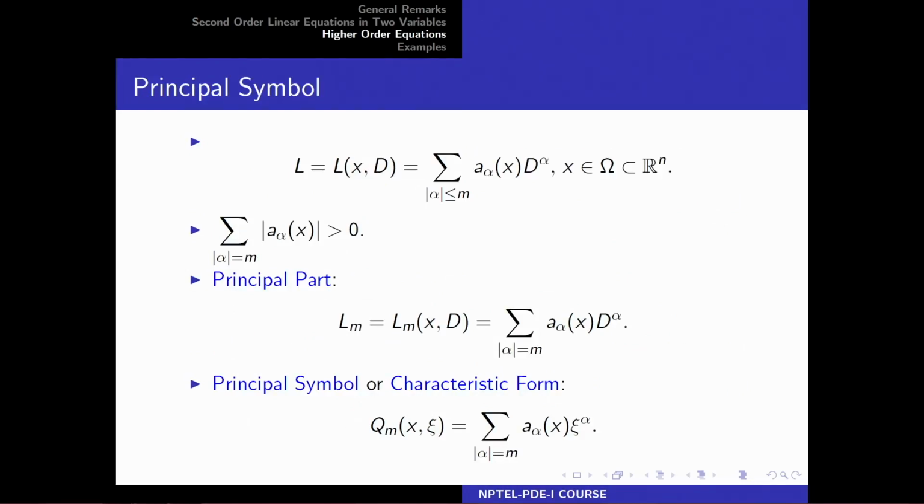So, before going to examples, let us just make some remarks about higher order equations, and this certainly we cannot classify fully. You will see the reasons soon. So, now you consider an mth order equation in n variables, in R n. So, you have already seen this notation